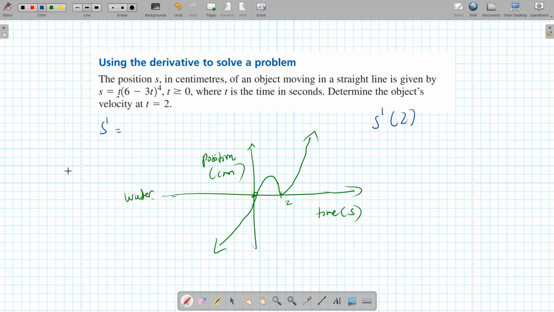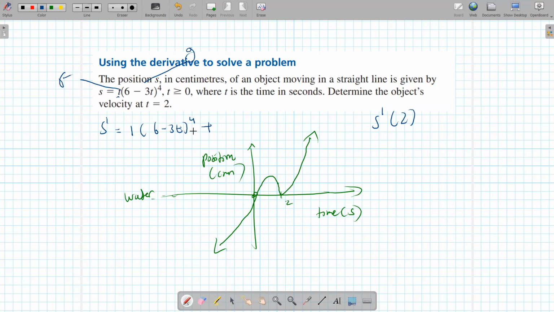Product rule says what? f prime, right? Look at this here. t is your f, and this other power 4 function is your g, okay? So we need to find f prime. If f is t, what's f prime? What's the derivative of t? 1, yeah. Times the second guy as it is, times t. Plus,